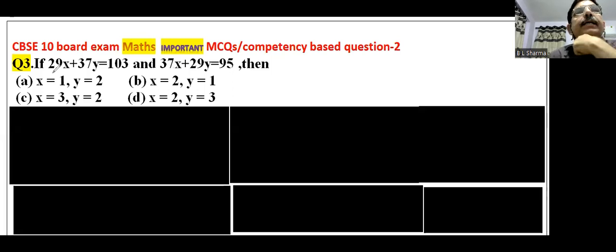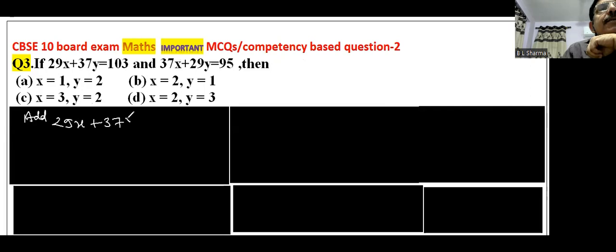If 29x plus 37y is equal to 103 and 37x plus 29y is equal to 95, then solve it and get the value of x and y. देखिए दोनों का अगर ऐड करेंगे तो ऐसे क्वेश्चंस में क्या करेंगे. देखिए 29 और 37x है, पहले इसको थोड़ा सिंप्लीफाई करेंगे तो क्या करेंगे कि इन दोनों इक्वेशंस को ऐड करिए। तो ऐड करने पे देखिए 29x plus 37y that is 103 and